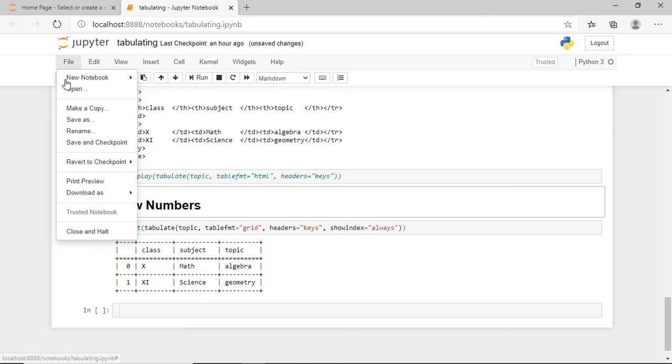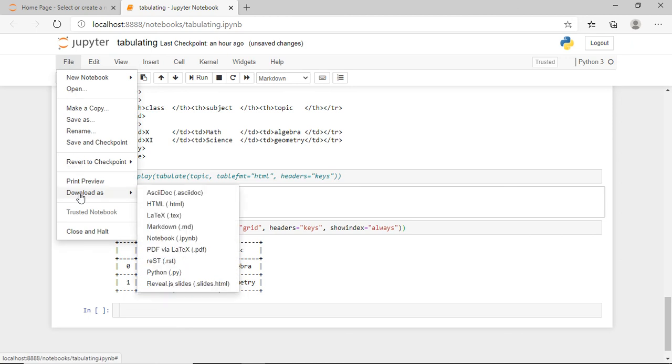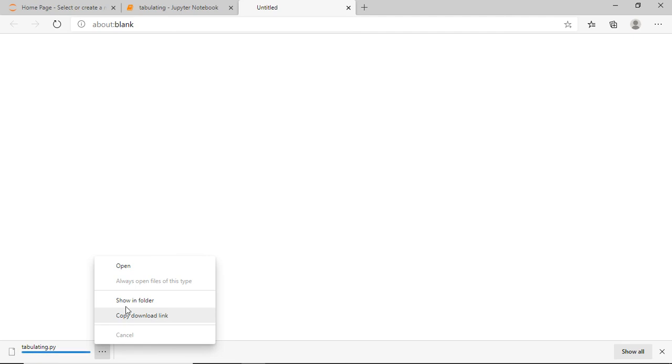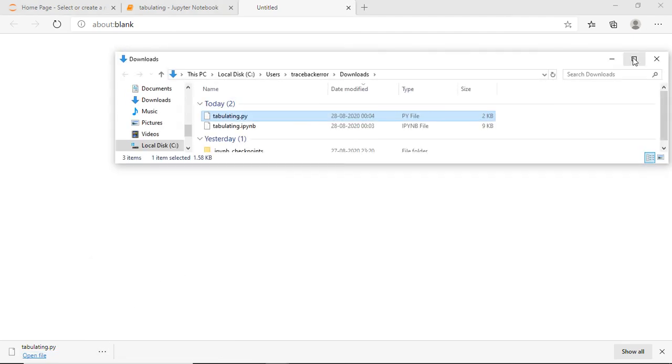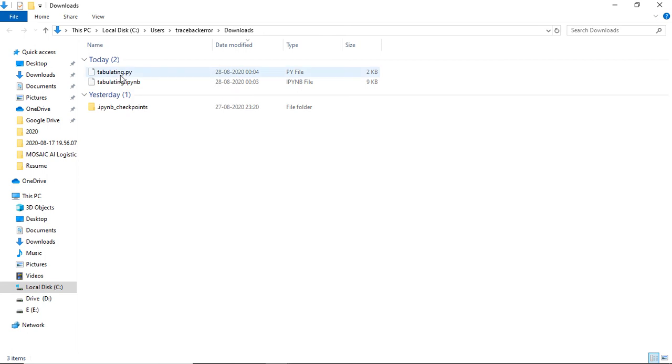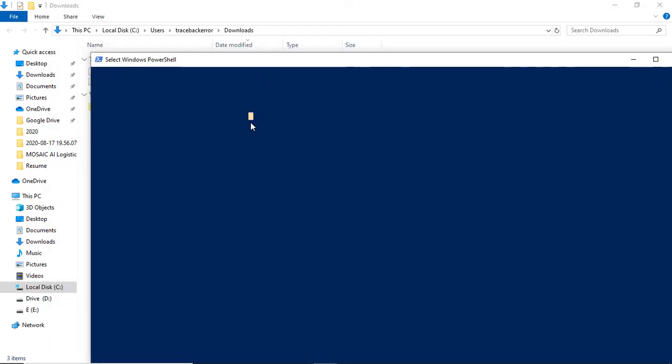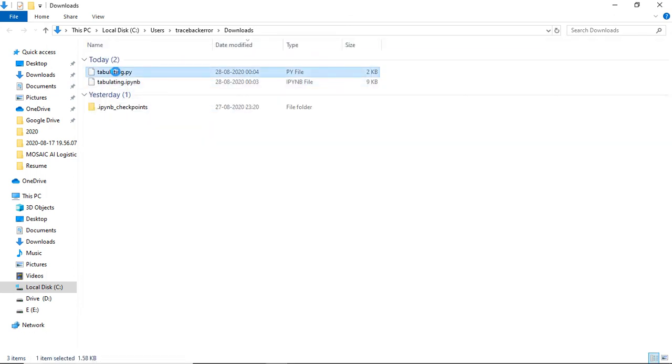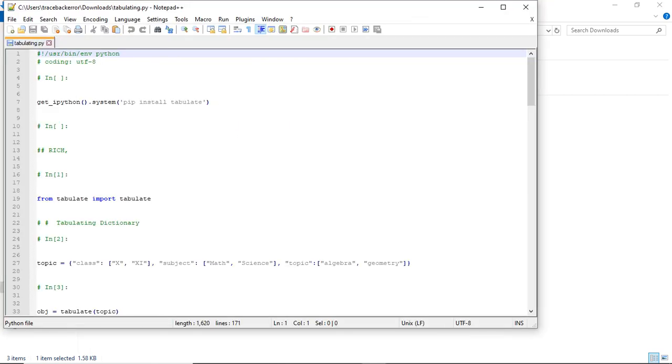Now let's display this entire thing in the command line. So I'm exporting this as a Python script, and I can open the PowerShell window here and execute it. You can see the output here of the Python file which is created from the Jupyter Notebook.